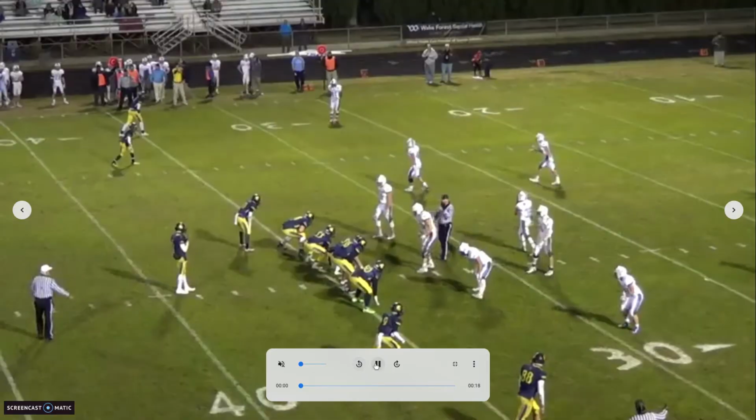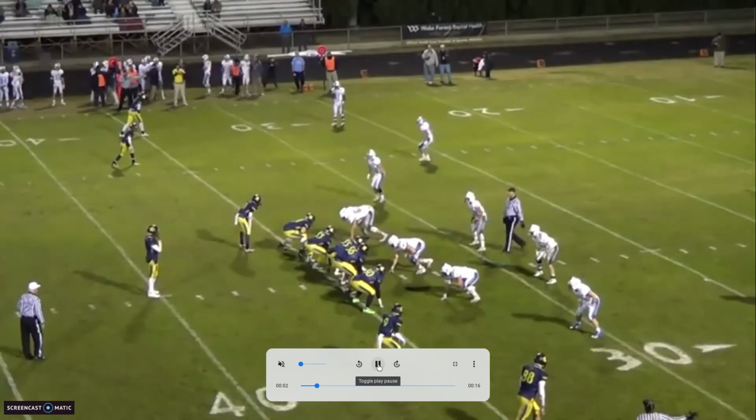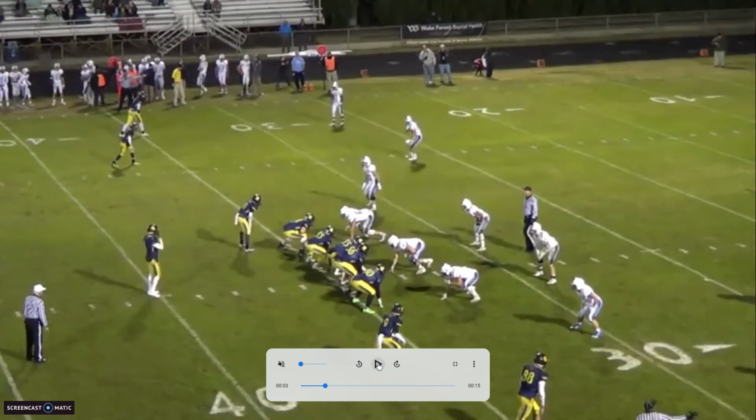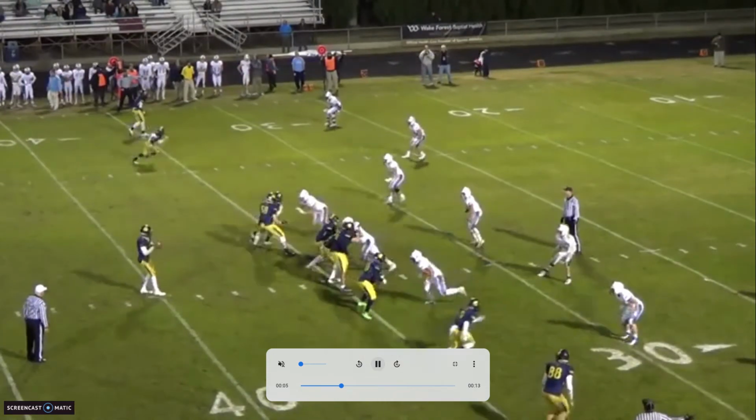Now, if for some reason the quarterback sees this, we're in a situation at this point in the game. This was the second round of the playoffs here. We're driving down at the end of the first half to score, and we do end up scoring because of this big chunk play coming up here. But we would normally, if this weren't a situation where we need the big chunk play, and it is open,